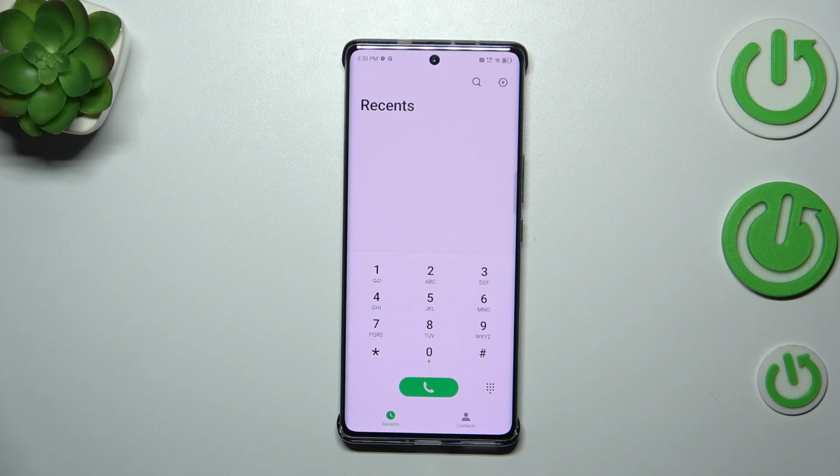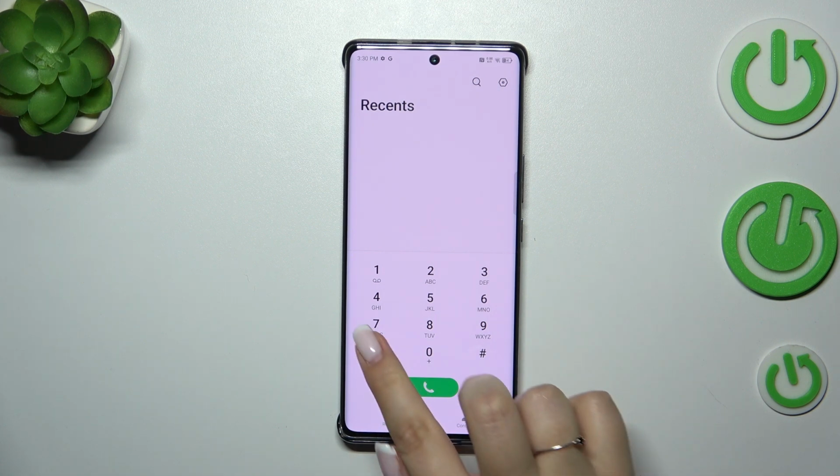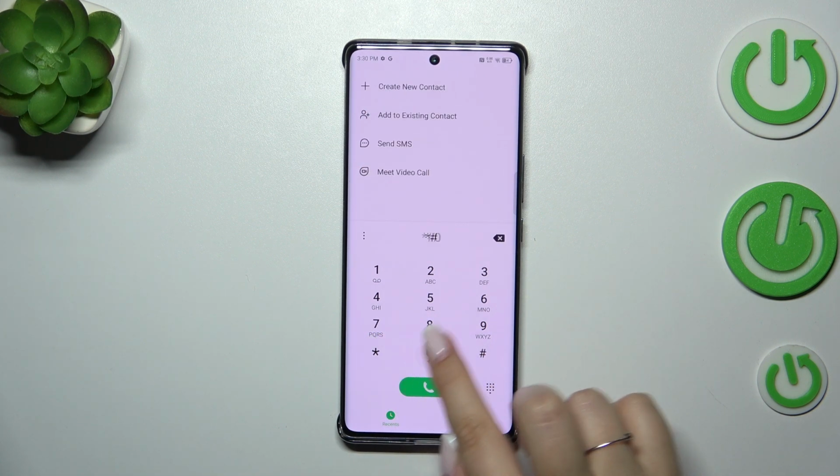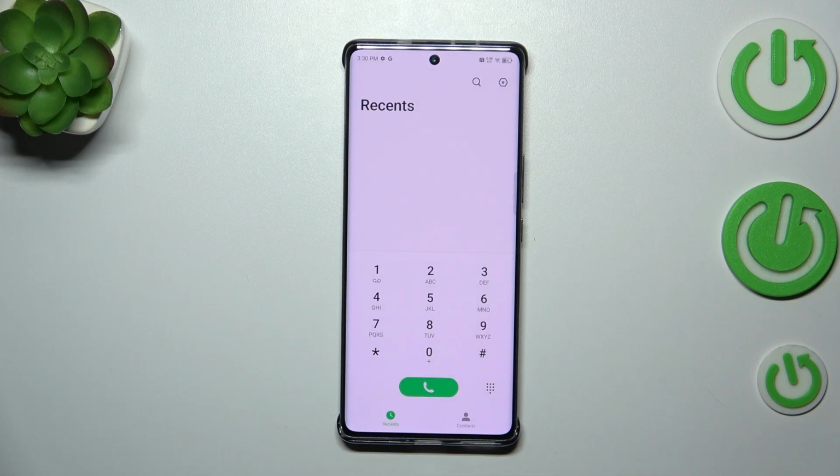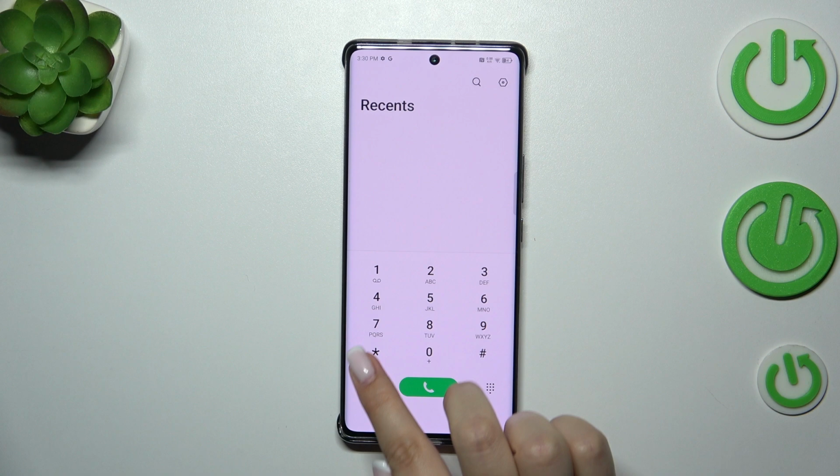So let's start with the shortest code, which is *06#. And as you can see by this code, we are provided with both IMEI numbers and the serial number of this device. So let's tap on OK, and let me show you another code, thanks to which we can open the calendar information. It is